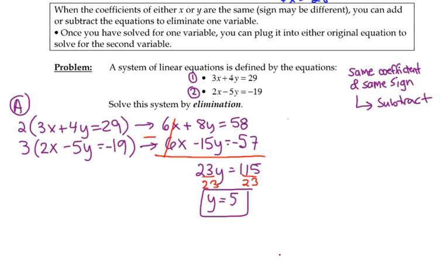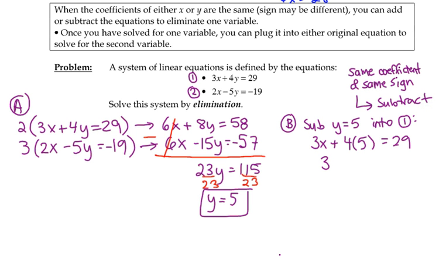So once we've made our coefficients the same and then add or subtract, after that, everything's the same. So our next step would just be to sub y equals 5 into either equation. Choose an equation. 1 or 2? 1, okay. And we can either use our new ones or the original. I like to use the original because the numbers are smaller. Into 1. So we're going to replace this just like yesterday. 3x plus 4 times 5 should equal 29. So then 3x plus